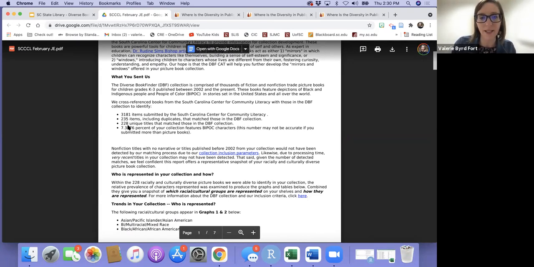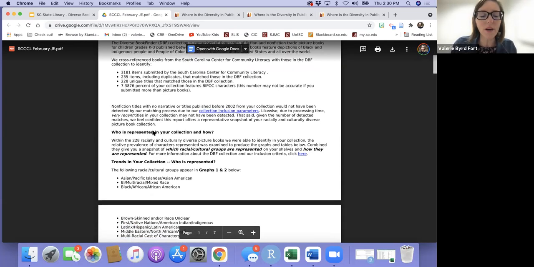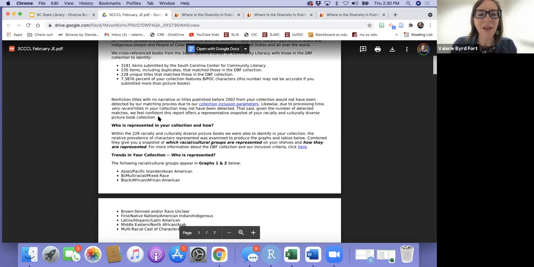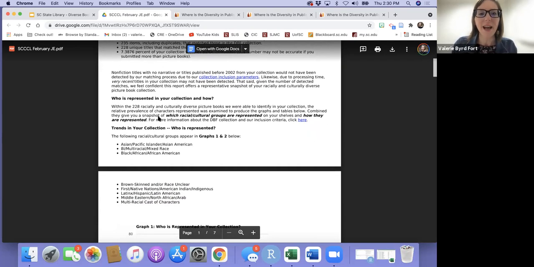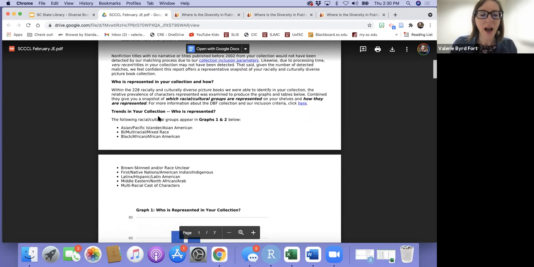So you can see that's a pretty small number, but I think what I did when I submitted it is I submitted our full collection. I did not just submit picture books, which is what this covers. But again, this is a good start, right? So it said within the 228 racially and culturally diverse picture books we were able to identify in your collection,